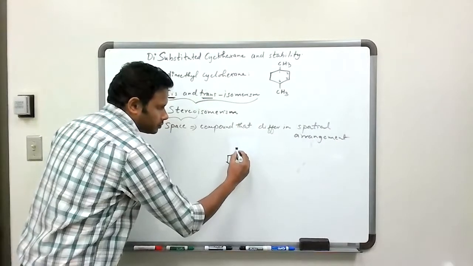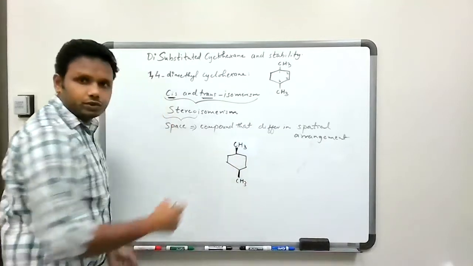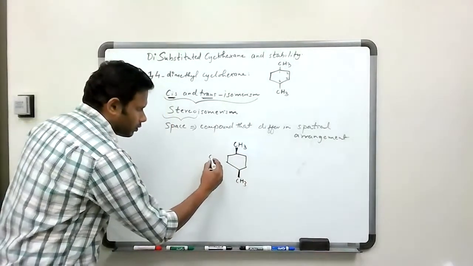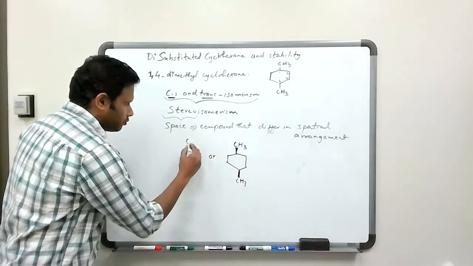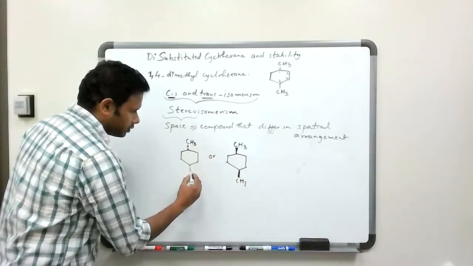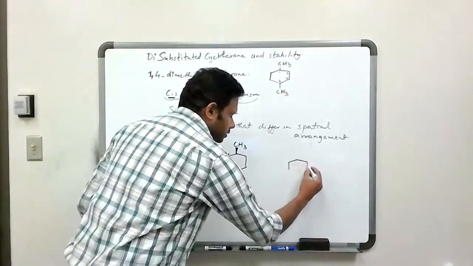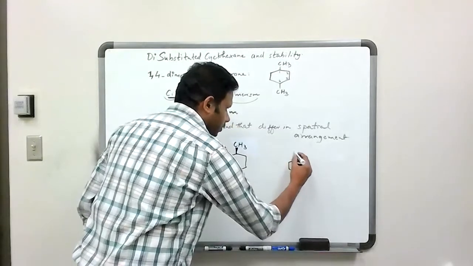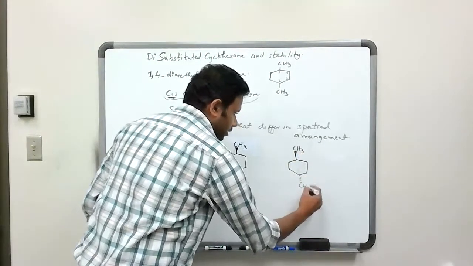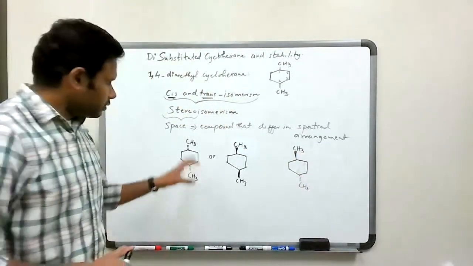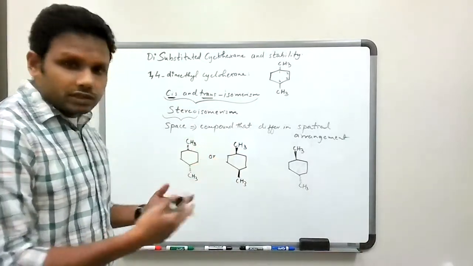One, I'm going to have a wedge for the two methyl groups, or I think I can draw where both methyl groups are on a dash, and let's compare this to that structure. Okay, so if you think about these three structures, they have the same molecular